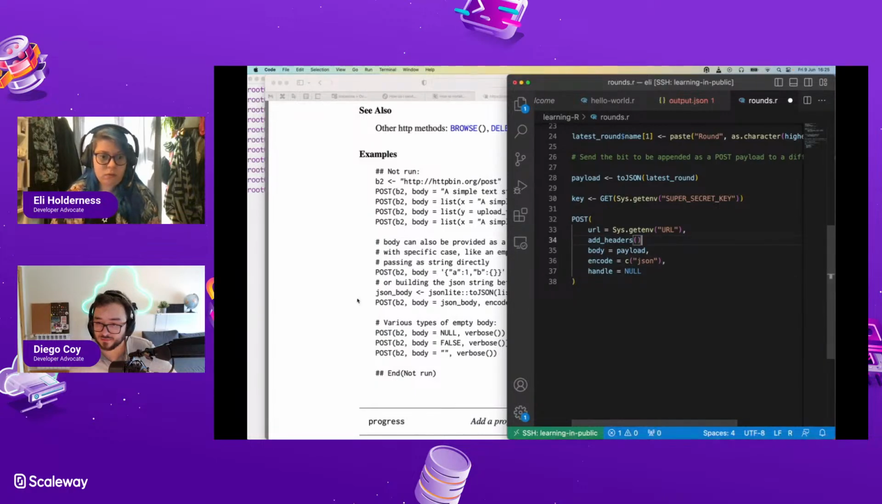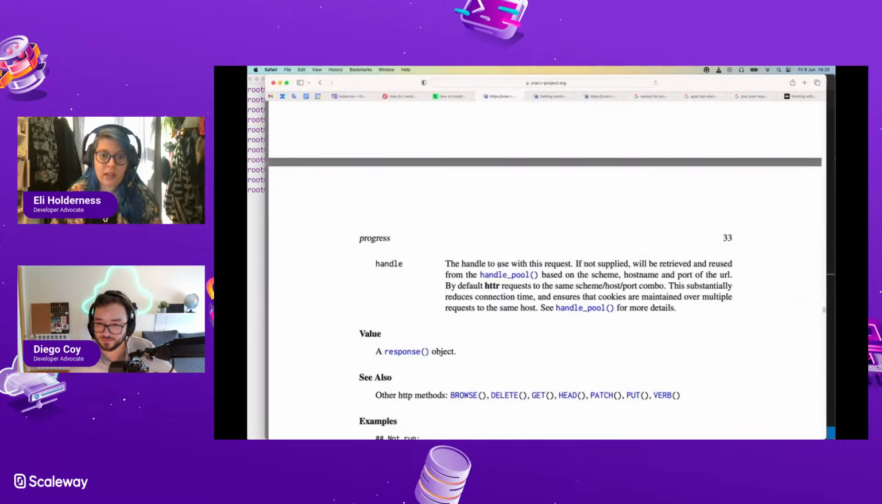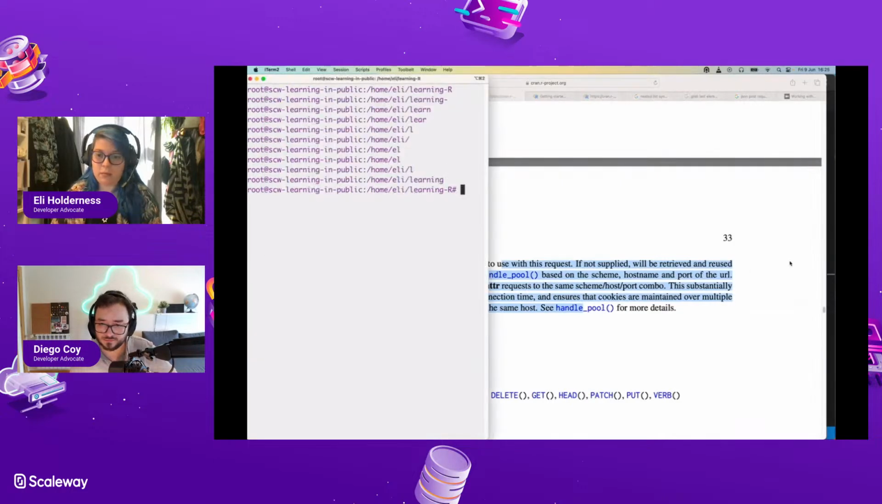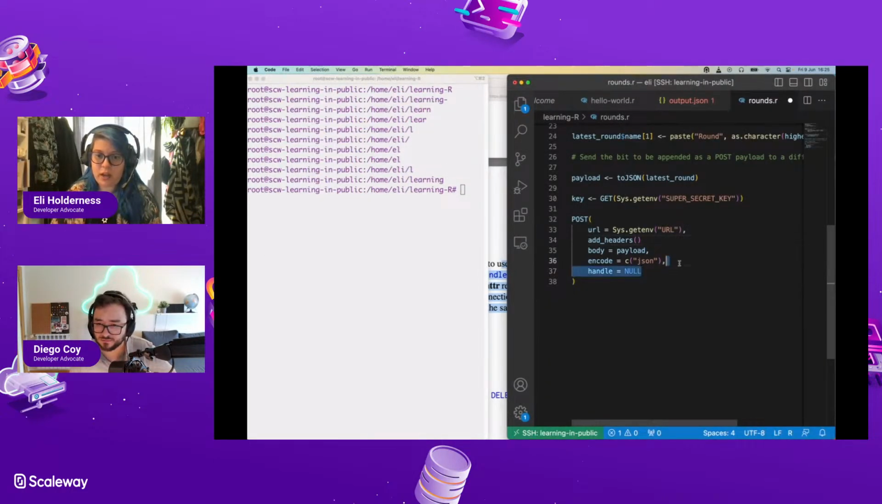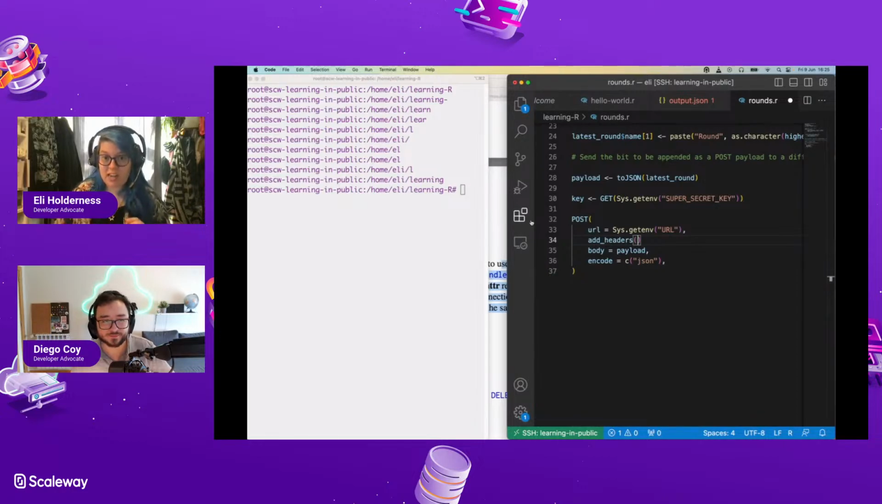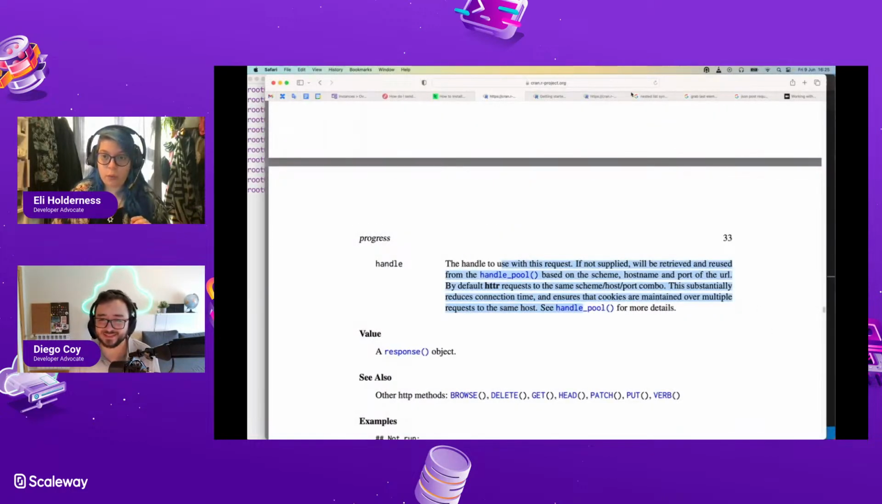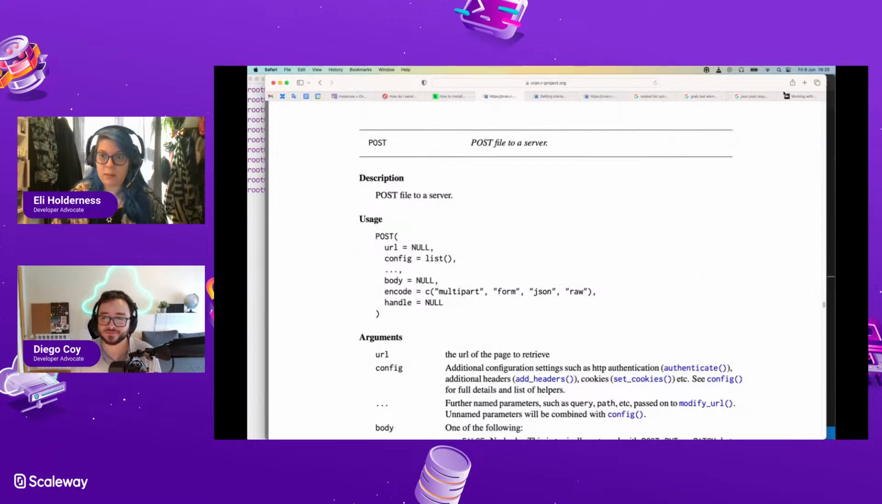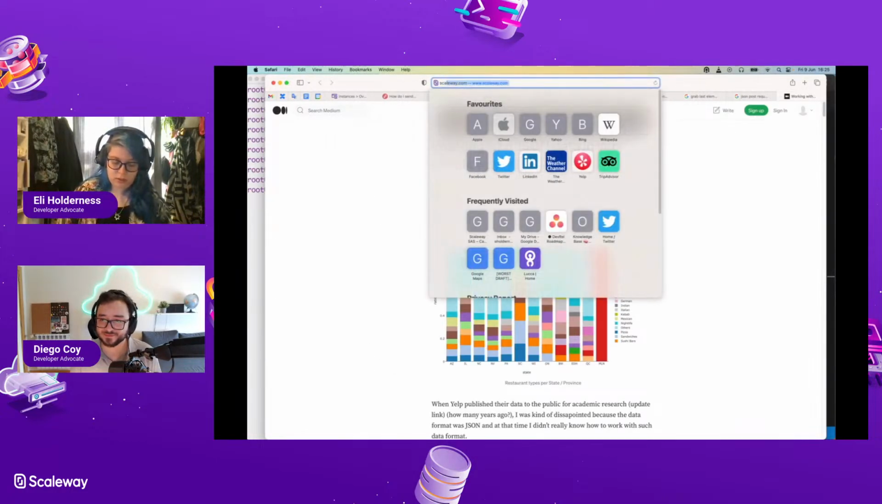And handle. What is handle? The handle to use with this request doesn't matter. I don't think that matters. So now what I need to do is add the authentication header, right? I've got my super secret key. Yes. So what does the header look like for that? Let me go to Scaleway,